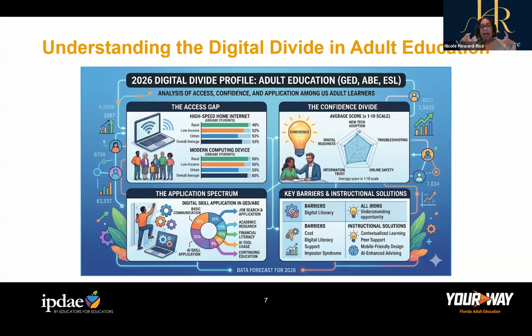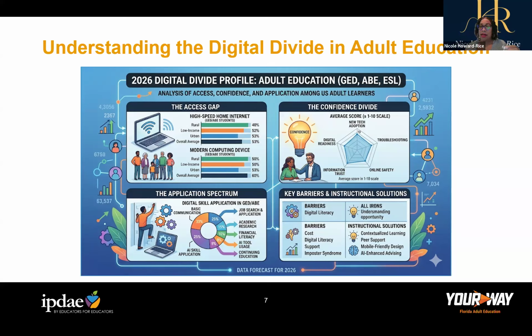The access gap. How many of your students in real time still have issues in 2026 with access to high-speed internet or to internet access at home outside of your classroom? You can throw it in the chat and I'll get to it in a second, but I'd like you to provide some kind of feedback around that. And how many of your students still have issues with obtaining devices that they can use for practice outside of your classroom or outside of your learning environment, if you are in a digital or virtual environment?